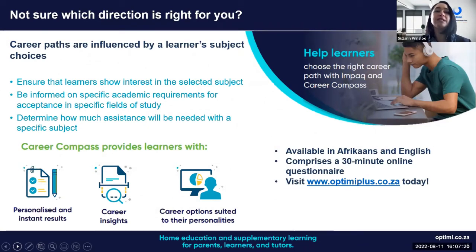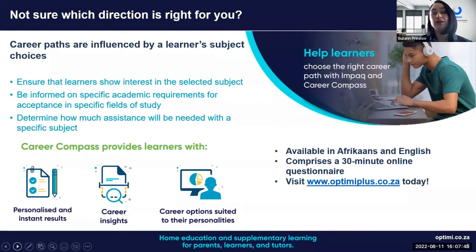But we all have certain interests, or as many kids at this age know exactly what I don't want to do, perhaps. But it is super important that they choose the subjects that they are interested in, as this will form a good basis for what they will be doing one day. But they need to be informed. It is so important to do research.